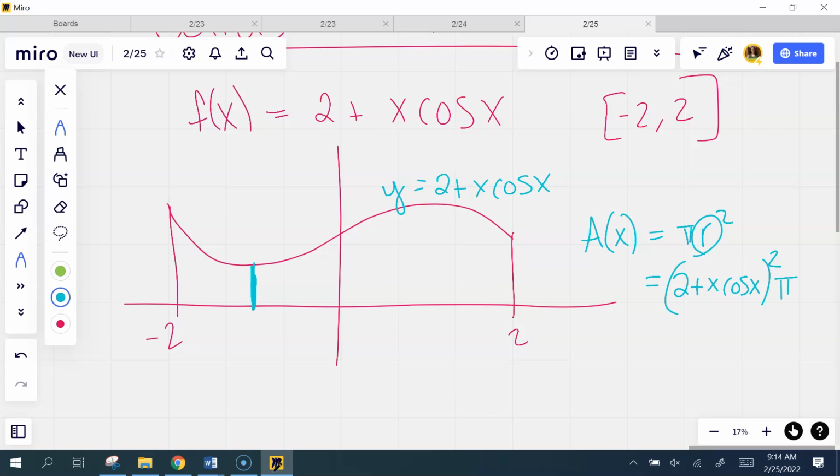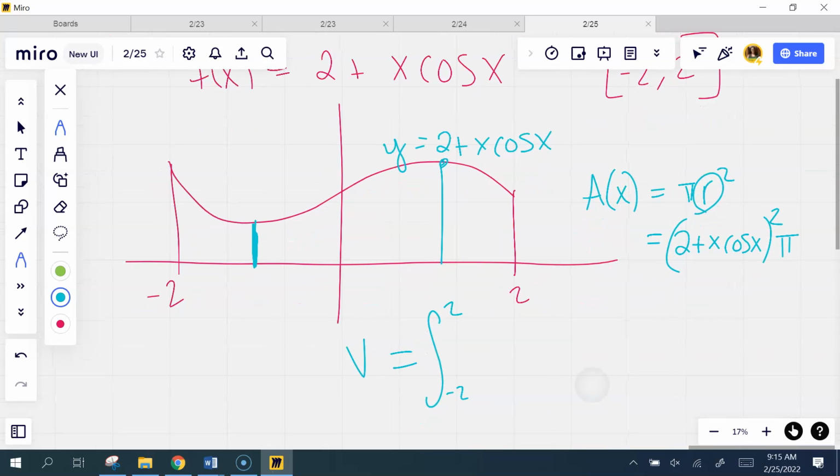Isn't that going to be the same every time, though? Isn't it? This length is still 2 plus x cosine x. And so is the next one, and the next one, and the next one. X is varying. So, right, yes. So to find the volume, I'm going to do the same that I was doing when I was doing cross sections. I'm going to go from -2 to 2. And this is where I'm doing the area of the circle. So it's